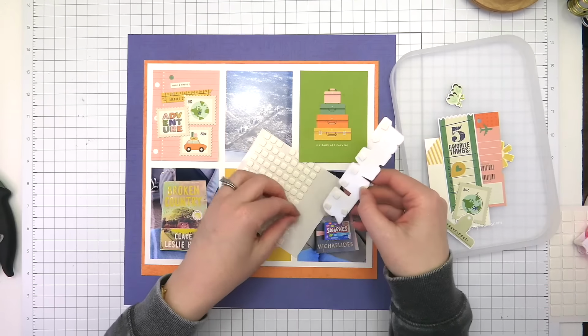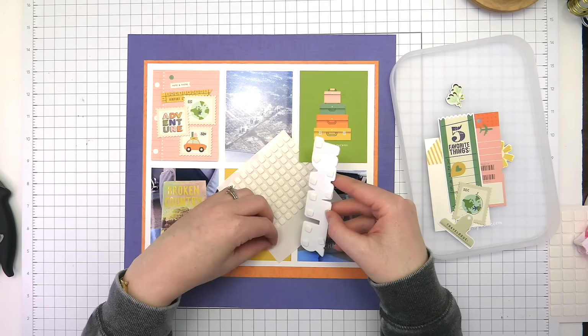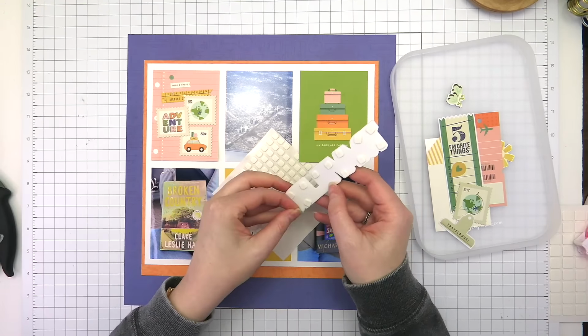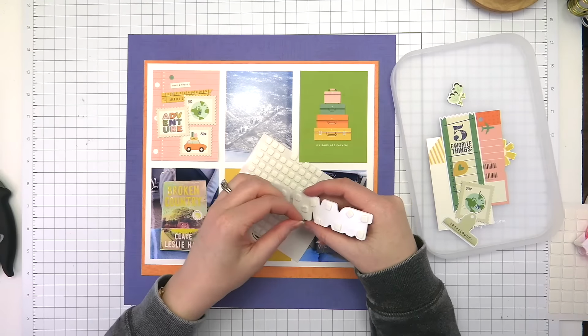And because it sticks really well, I wanted to give myself a little bit of time to move that around and make sure I had the placement right. That's why I'm adding the foam squares. The other reason that I'm adding foam squares is, and this is just total personal preference, but it's up to you. I don't like to stick